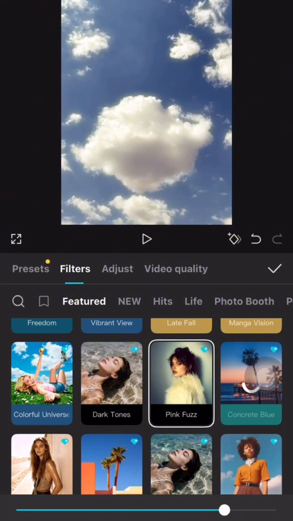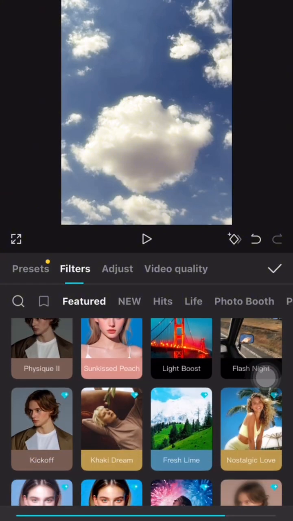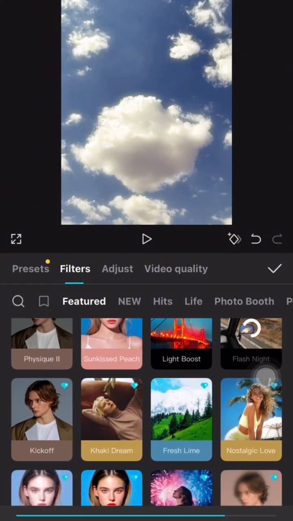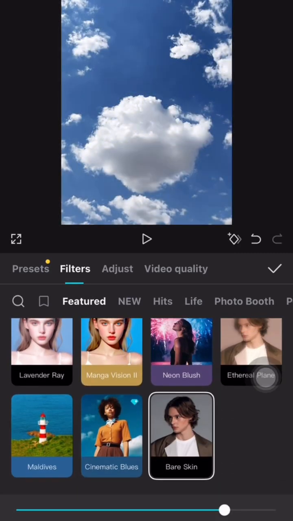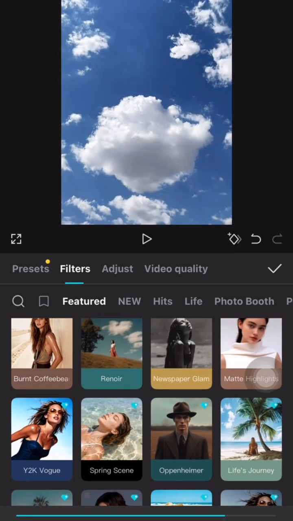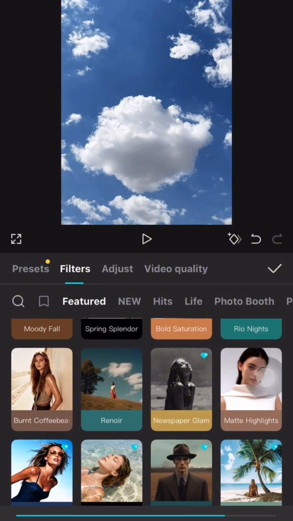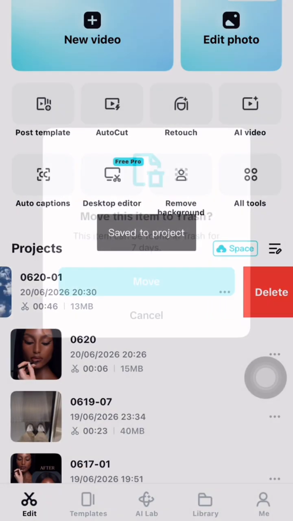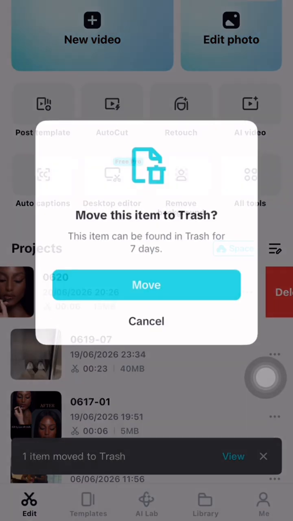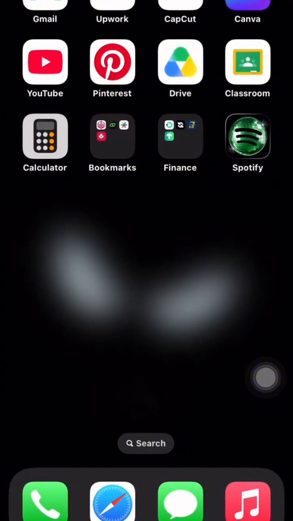Most times, if you're a first timer, looking for a very good filter can be challenging, because you might have to go through everything. But if you're already used to it, you can save a specific filter that you can always use repeatedly for specific types of videos. So that is all for color grading and for